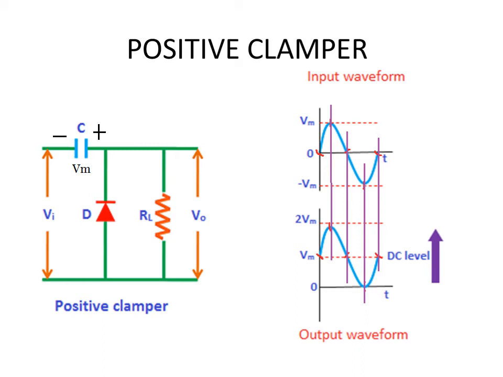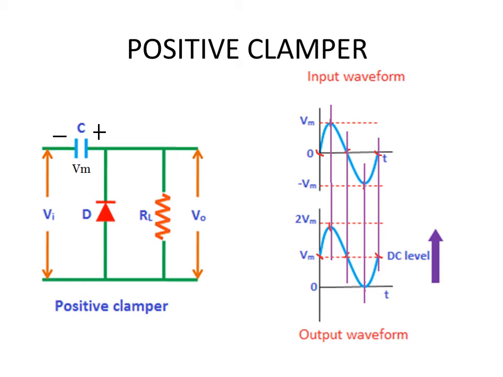Then we go to the negative input. When the input becomes minus Vm, your total voltage is minus Vm plus Vm, which is actually 0. So your output will be 0. Then again we have got one more point, which is the extreme right point in the wave, which is actually the instant at which your input is 0. Correspondingly your output will be Vm.